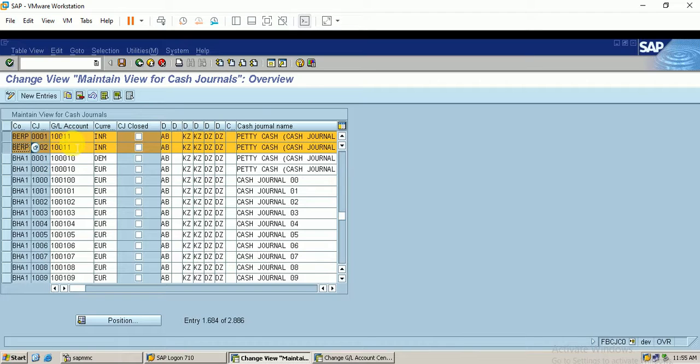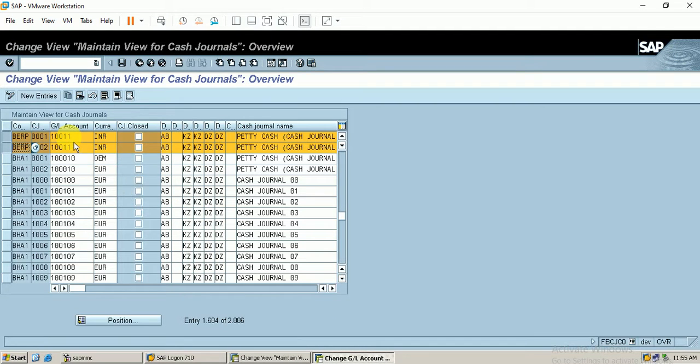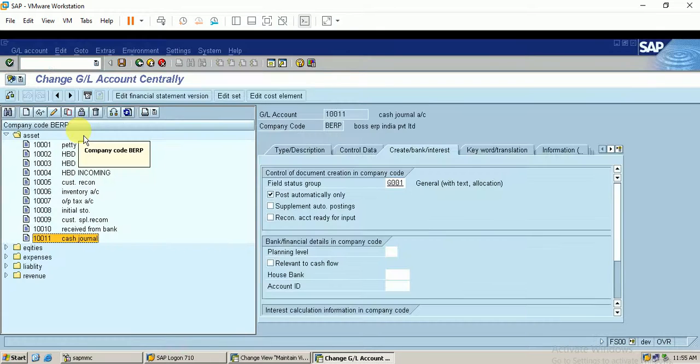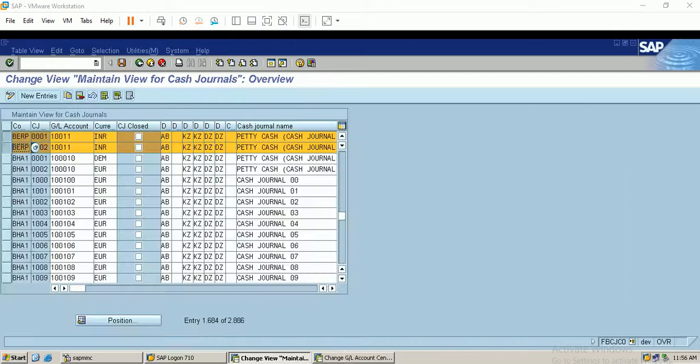And this account is what we just created in our GL account. This is a cash channel account we have created. I have linked this cash channel account here for both my cash channels, and both these cash channels will have the document number range that we configured in the previous step.